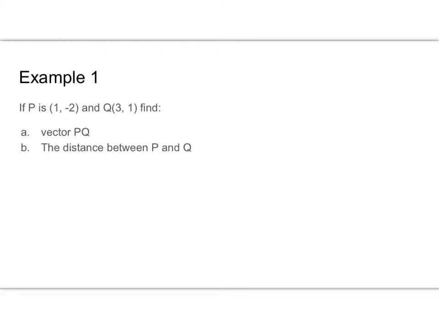Okay, first example. We have P as 1, negative 2, and Q as 3, 1. First thing we want to do is find the vector PQ and the distance between points P and Q. So to find the vector PQ, I want to find the components. So that's going to be the x component of Q minus the x component of P, and then the y component of Q minus the y component of P turns to addition, and I get the vector